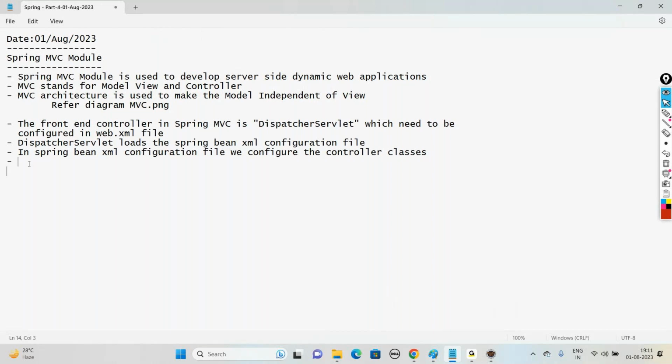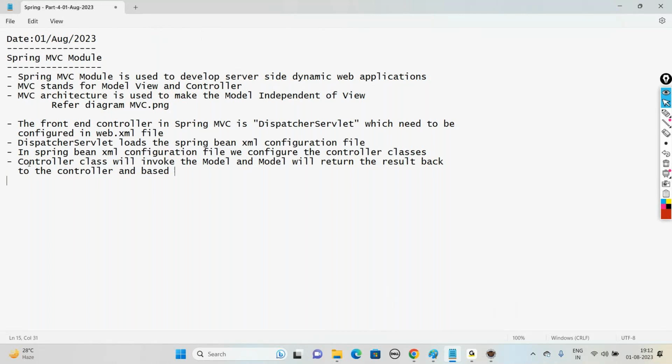The controller class will invoke the model, and the model will return the result back to the controller,